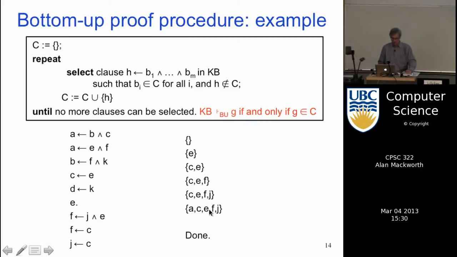Once you get to these atoms, these are the 5 that are forced to be true in this theory. There are no more rules with any subset of these atoms on the right-hand side that doesn't have the head in. So you've reached a fixed point, you've stopped, you're done. These are 5 consequences of the theory that have to be true.